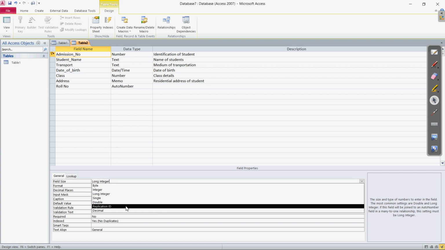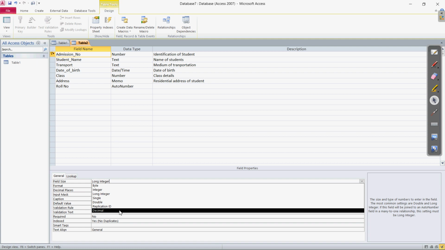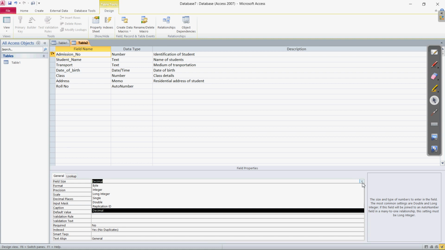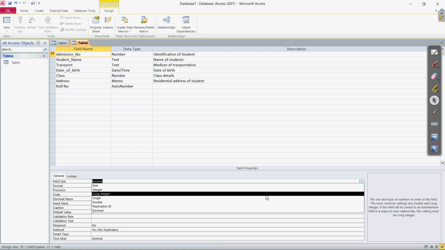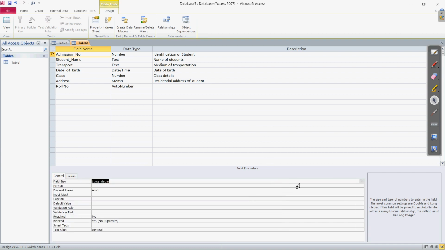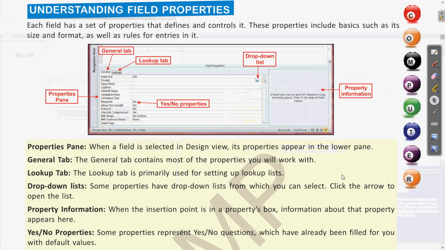If I choose any one of these, like if I click on decimal, the field size will change to decimal. This type of values is called a drop down list. Clear? Whatever value you want to choose, you can choose accordingly. So this is the drop down list in the field property.